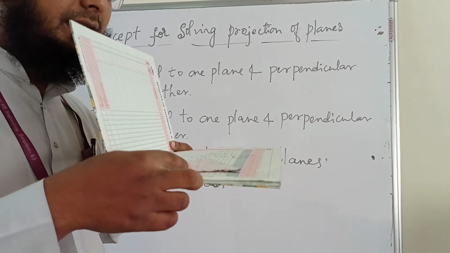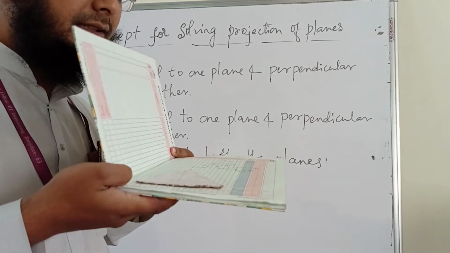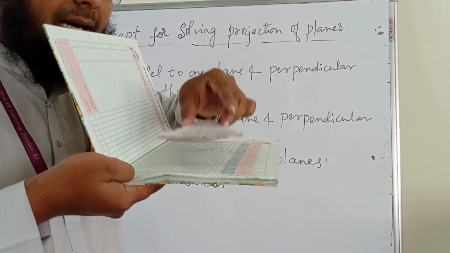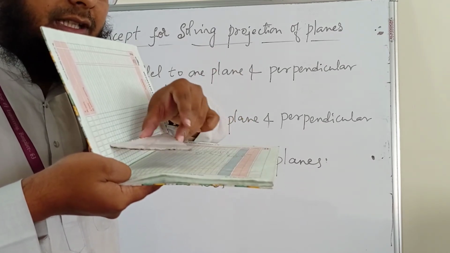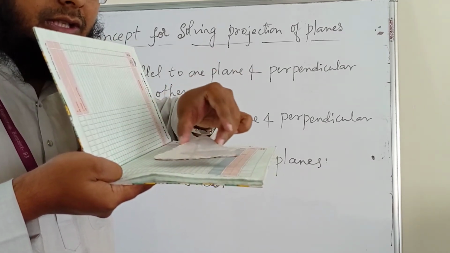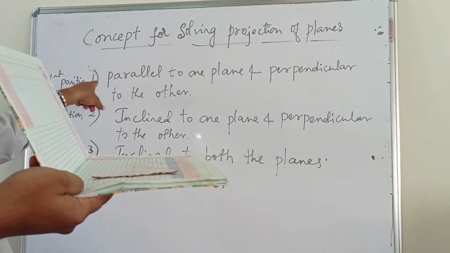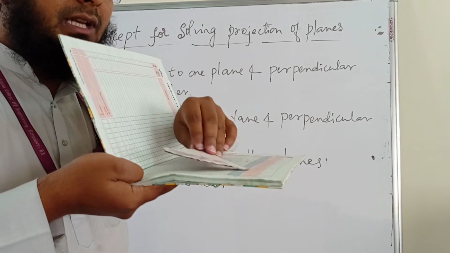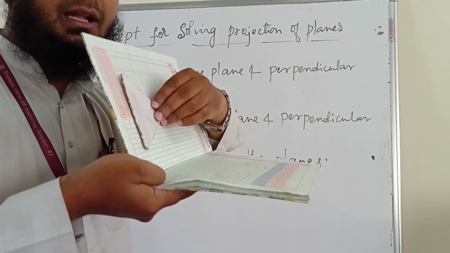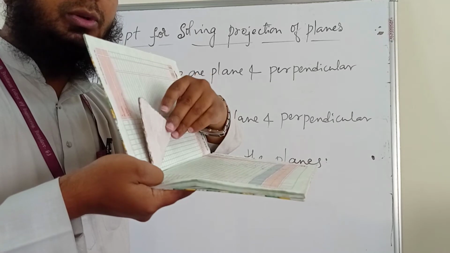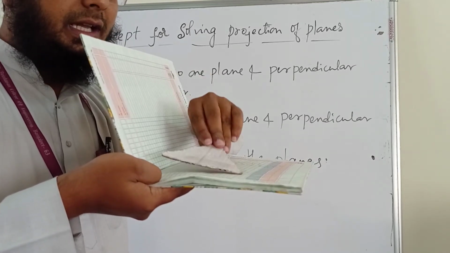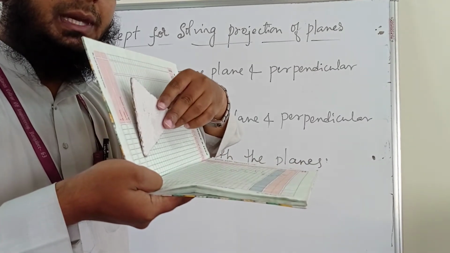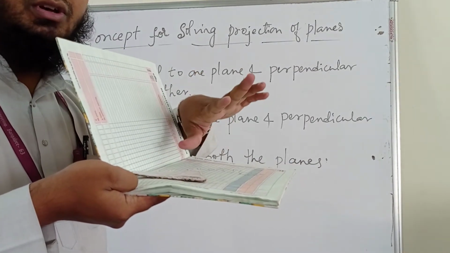Okay, and you can see this is perpendicular to the VP. So in this problem it is parallel, so that's why we get the same dimension. It is perpendicular to the VP. So that's your first position. You can see that it is parallel to one plane and perpendicular to the other. The position of the lamina can also be parallel to the VP and perpendicular to the other. So two cases are there in the first position. Either it can be parallel to HP and perpendicular to the VP, or it can be parallel to the VP and perpendicular to the HP. So that's your first concept.